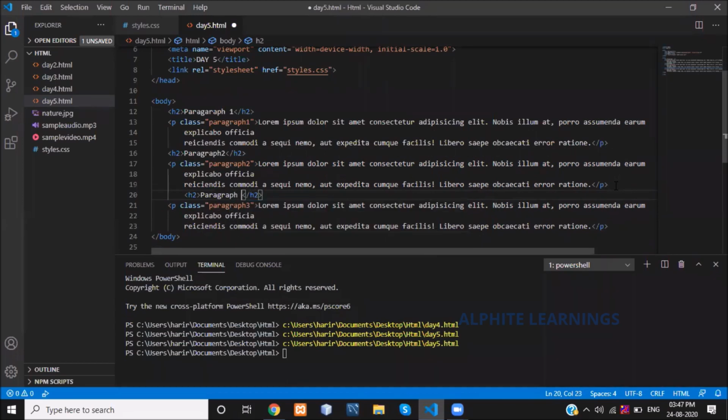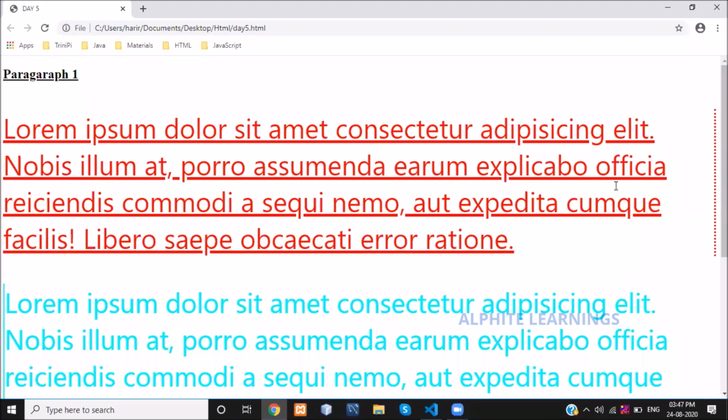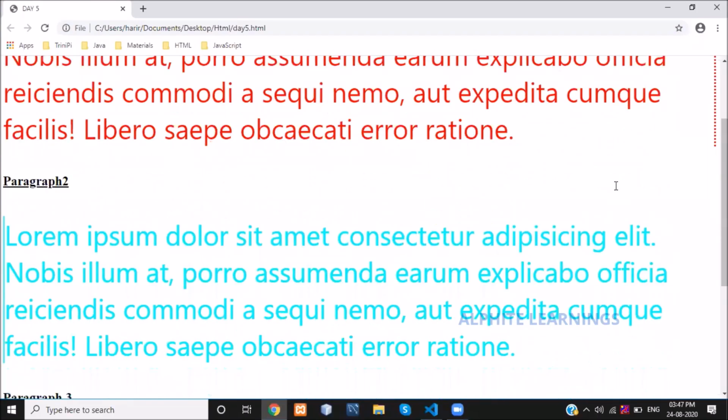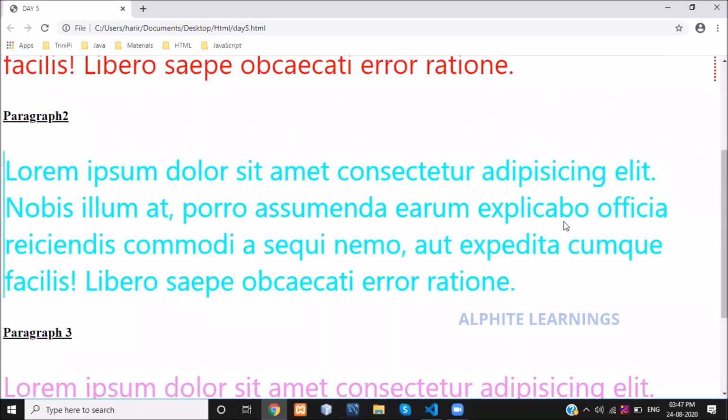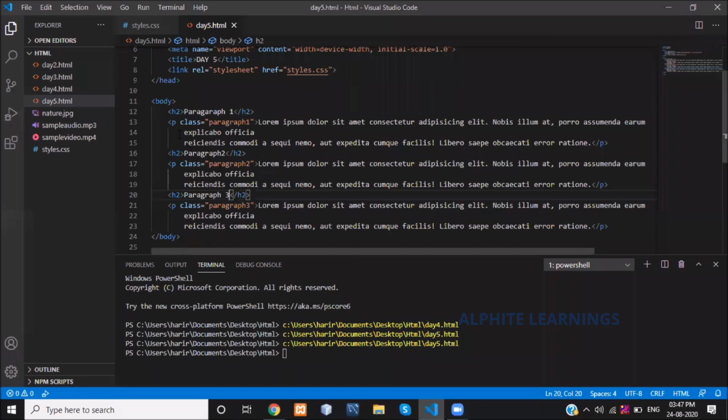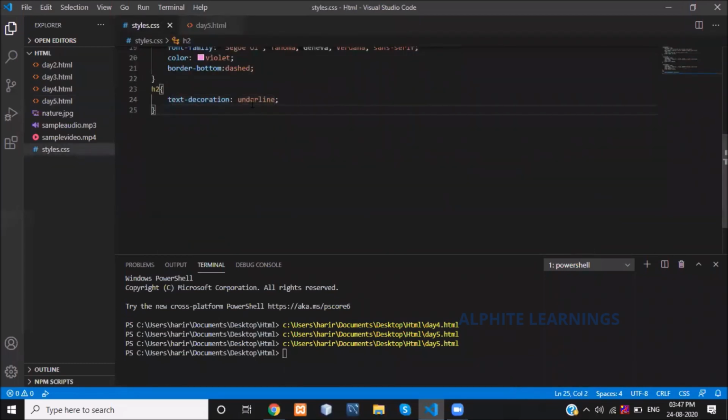Let's see what it does. See, it is replicated with underline. Why? I have used the H2 heading for all my 3 paragraphs, and for the H2 tag, I have given a text-decoration underline.